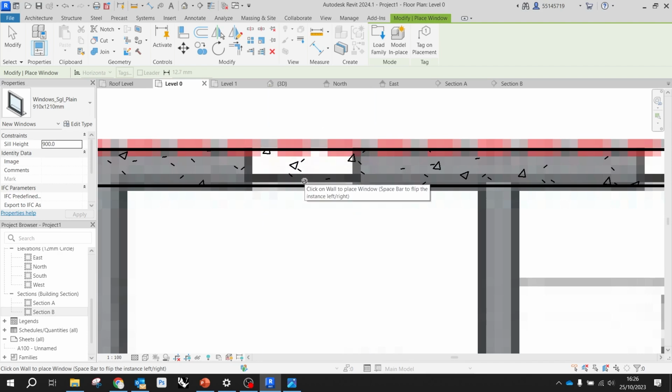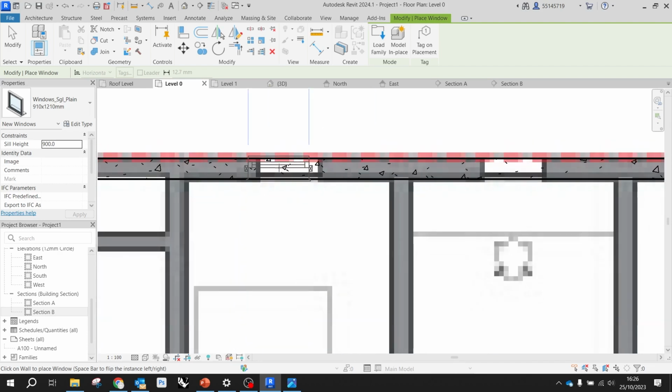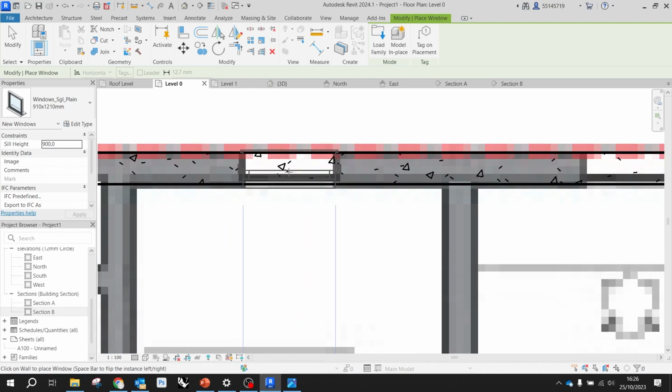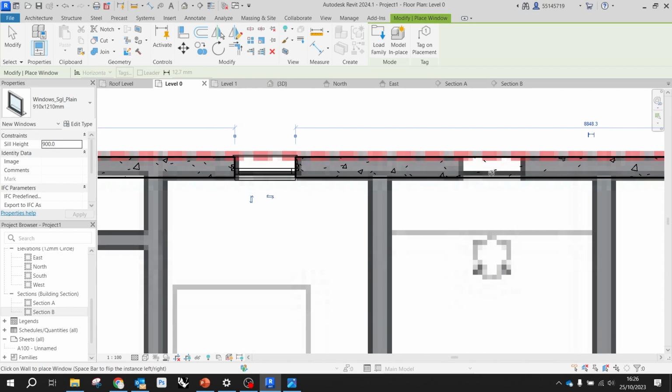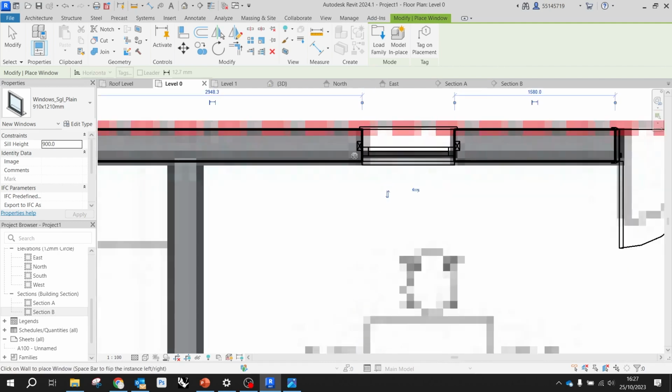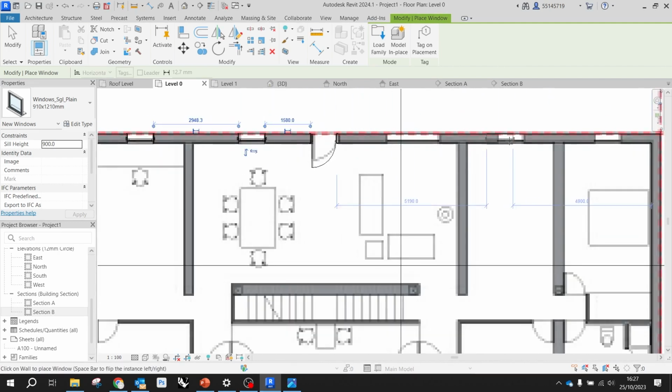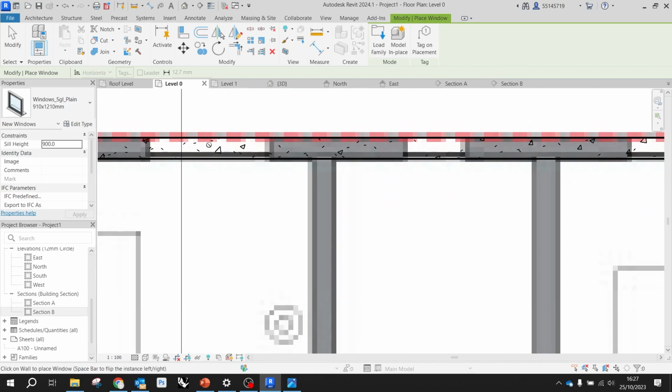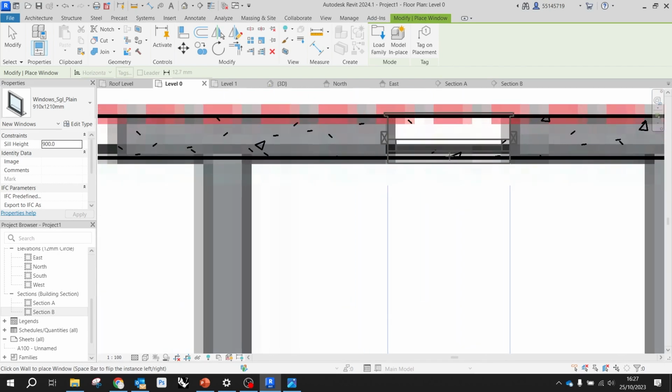So I'm going to keep it more towards the interiors because it seems to be the system adopted by the architect. And so I'm just going to click in here, pretty much align it where it has to be, and so on. Just going to be the same exercise, repeat it over and over. Obviously, this will be a different size window, so we're going to look at it in a bit. But for now,